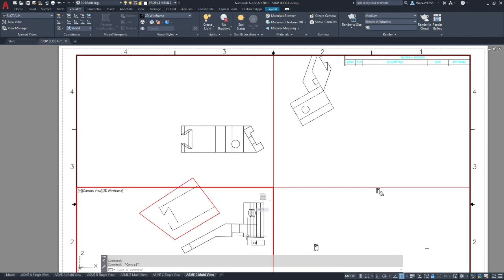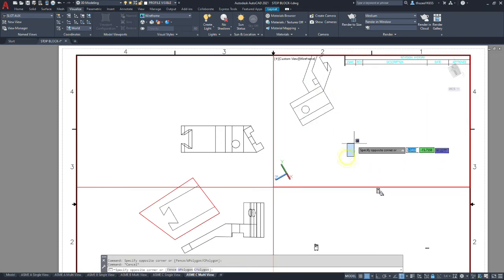We're going to type explode, and select our objects. We're going to select global, and then do line weight, LW, and accept the default, which is by layer. Now our view should be individual entities.